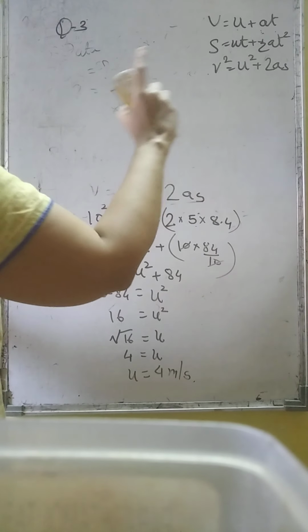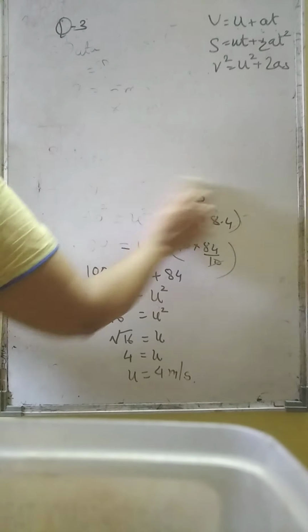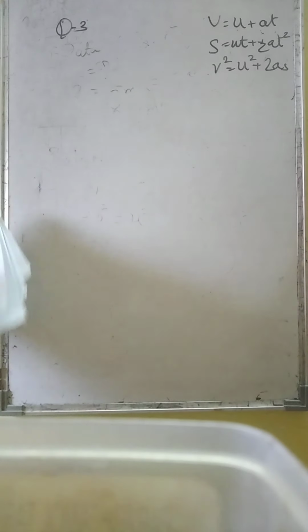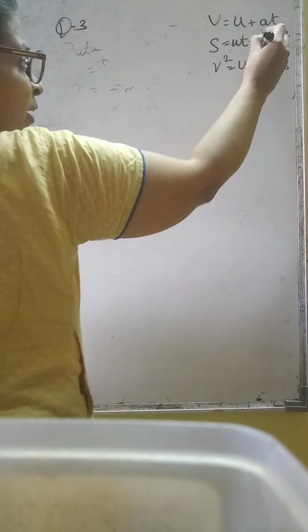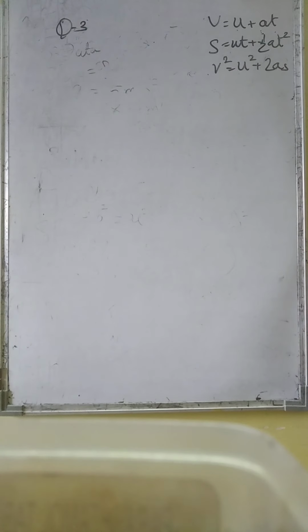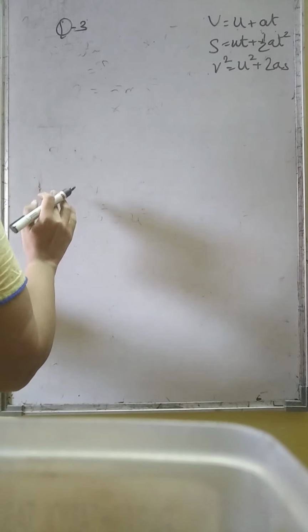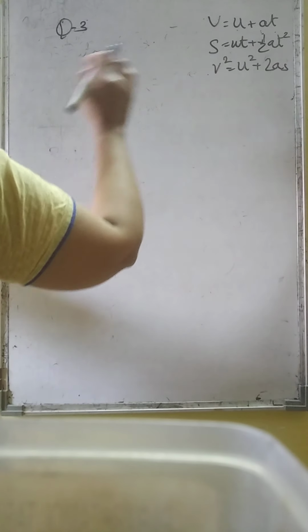Children, write this formula on a piece of paper and stick it somewhere on the walls of your house, so that while getting up, sleeping, you have this formula in front of you, and automatically you will learn it by heart. Like you should know tables in maths, you should know these equations. In 10th standard also we are going to use these equations. So please learn them by heart as you learn the tables. You should remember these formulae even when woken from sleep.